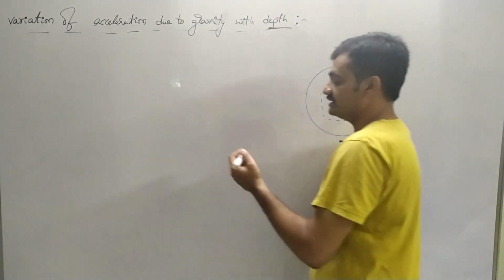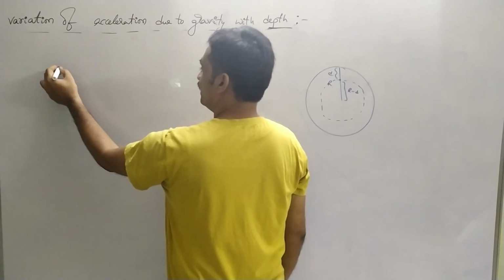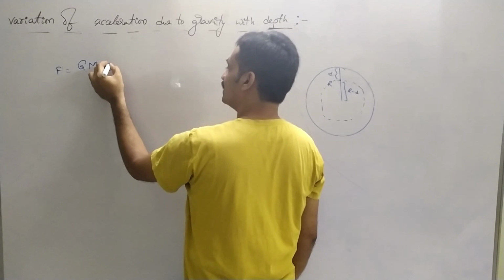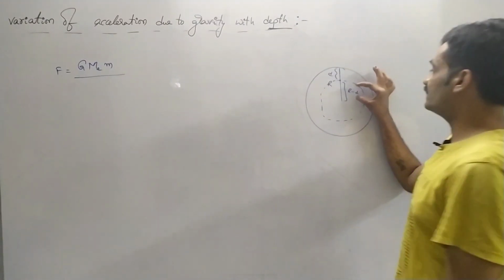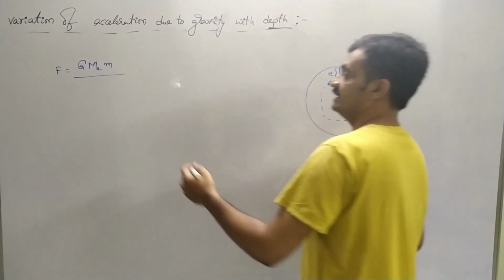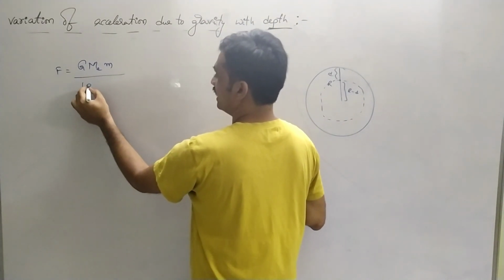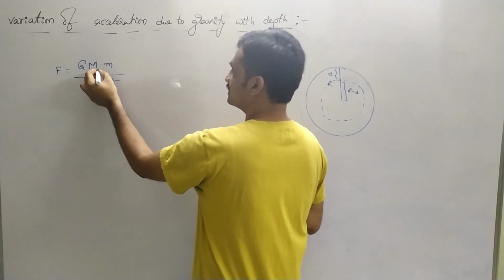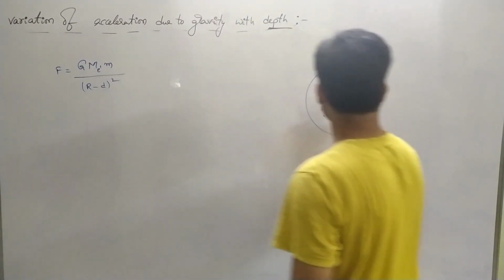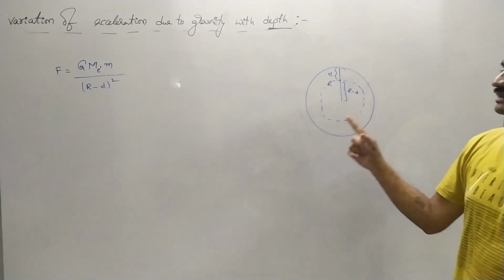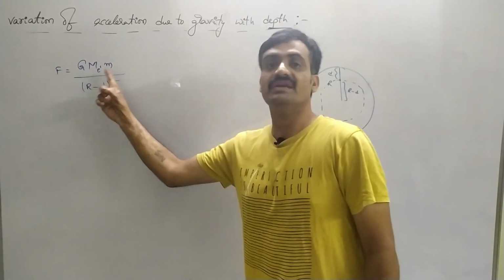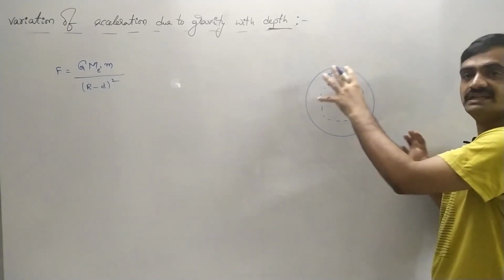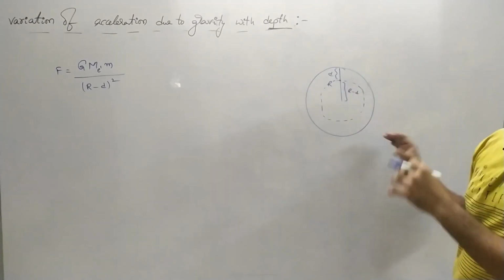So in order to represent this, here the resultant force is given as G capital M suffix e small m by, observe that the body is placed at a distance of r minus d. Then the equation can be represented as r minus d whole square. So here this mass of the earth should be represented based on the inner sphere. That's why I had represented it as M e dash, where we have to consider the density of the earth. We know that the density of the earth will remain constant throughout.